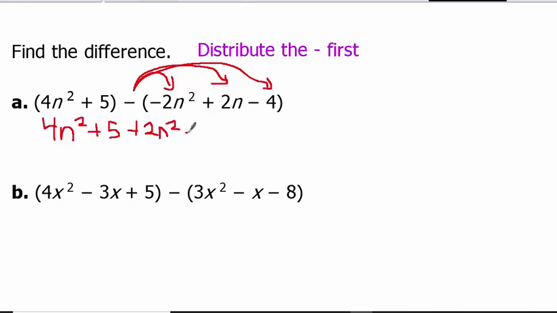Negative times positive is negative, and negative times negative is positive. We change the subtraction to an addition problem. Then when we combine like terms,